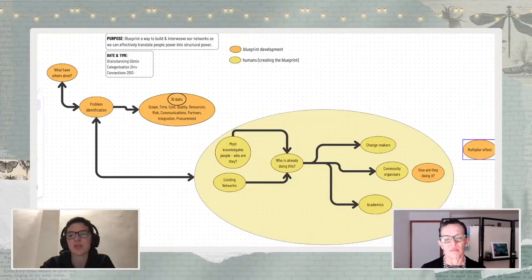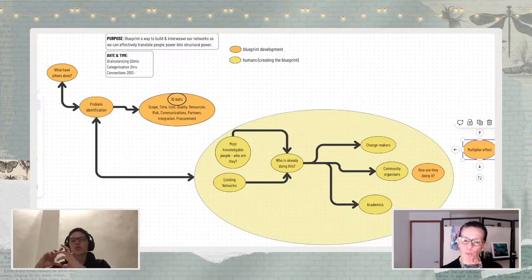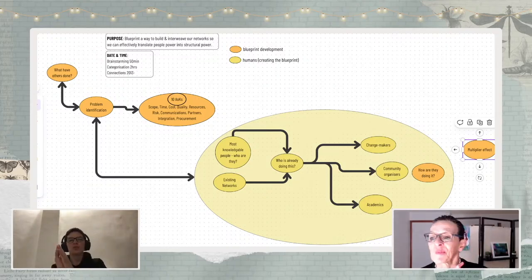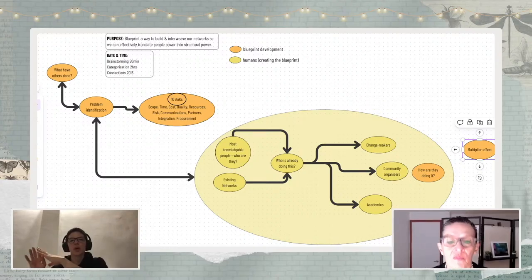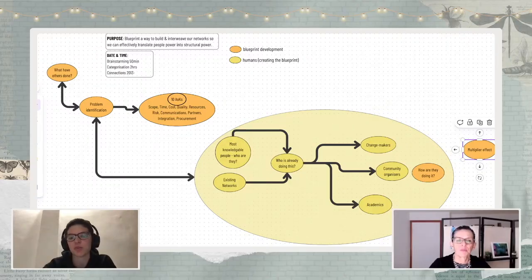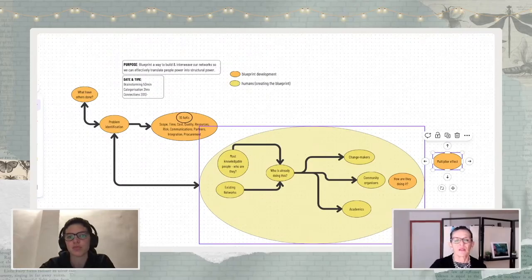And I see the multiplier effect more as a bit later, when we're translating this knowledge into the actual blueprint. So I see it a bit down the road, and I feel like once we start doing blue, it might make sense, because I feel like the multiplier effect will be part of the handoff to blue.